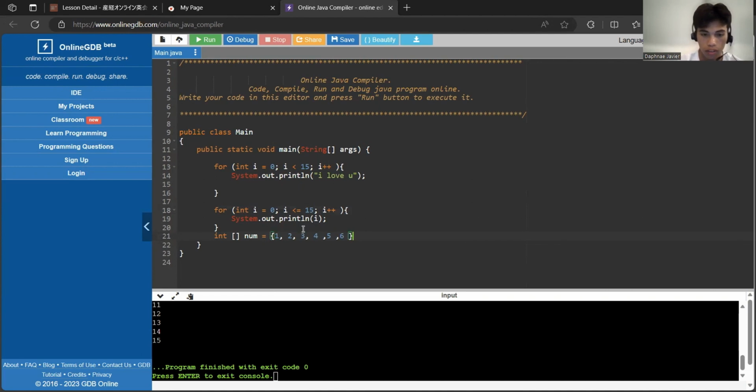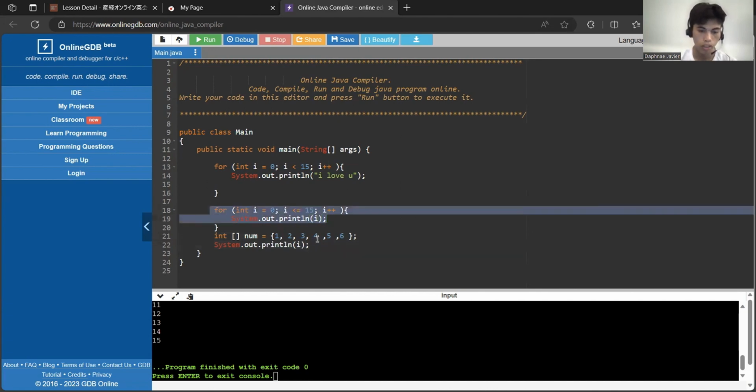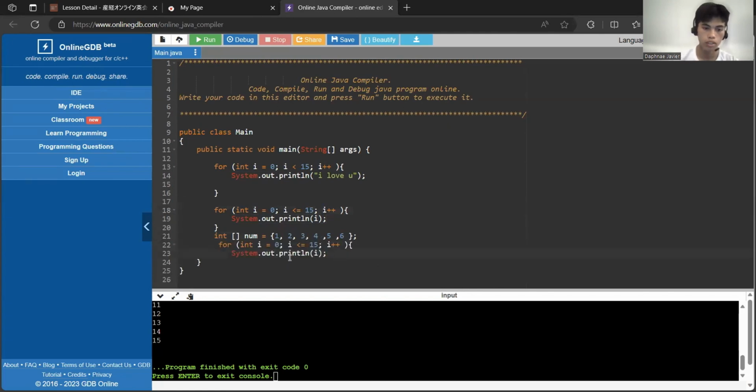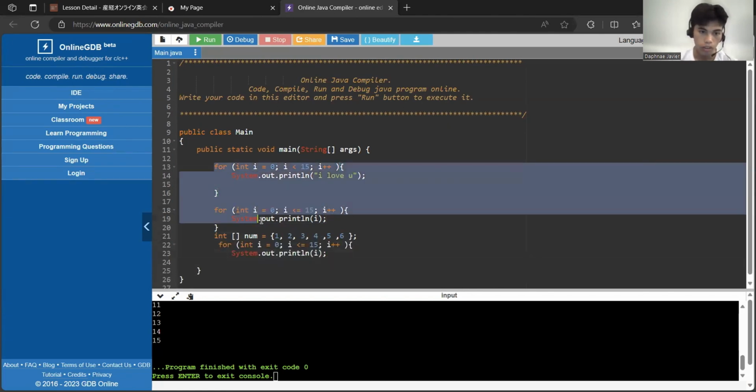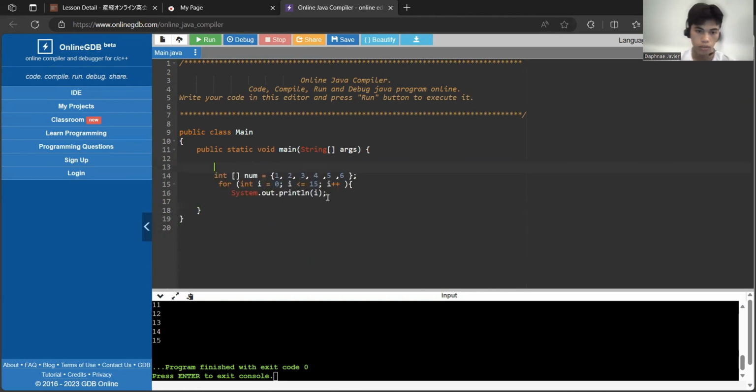And System.out.println, we can copy and paste here. So we can erase this one. We have the clear